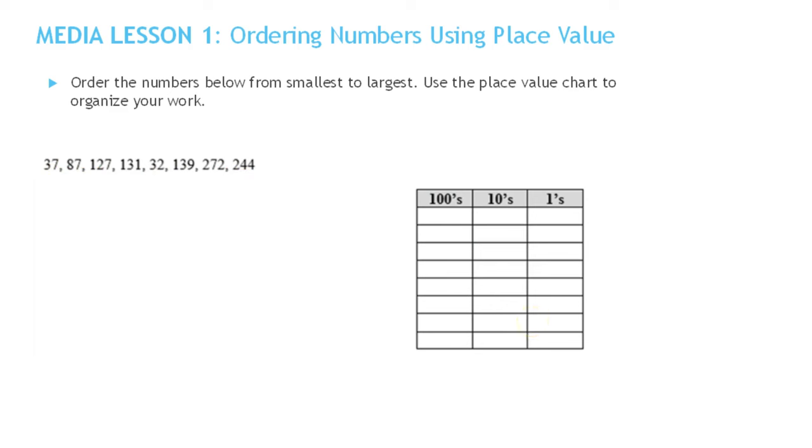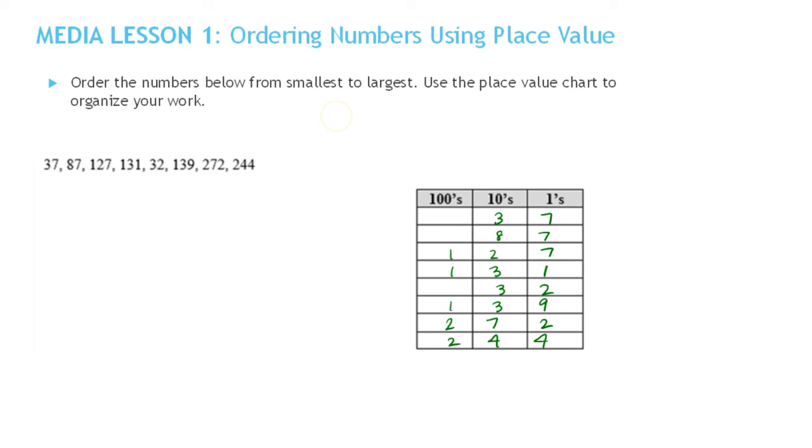So here we have a whole bunch of numbers, and I'm actually going to just put them all in this chart just as they appear. So we have 37, 87, 127, 131, 32, 139, 272, and 244. And we want to put them in the order from smallest to largest, or sometimes we say least